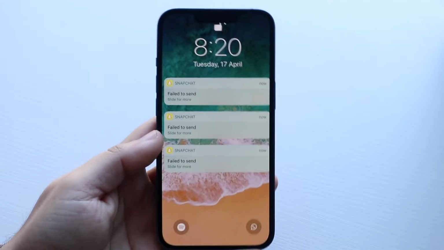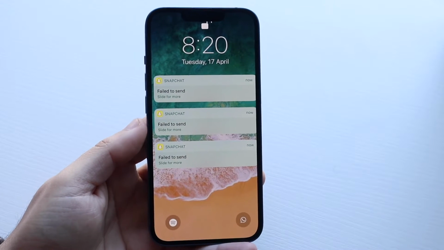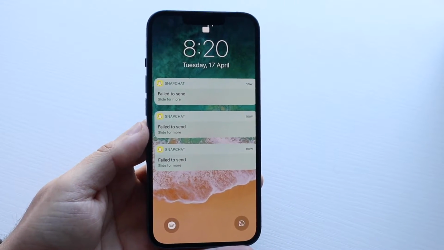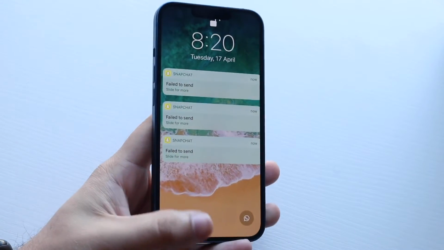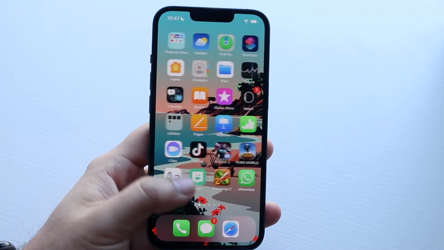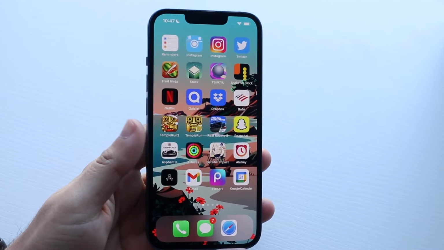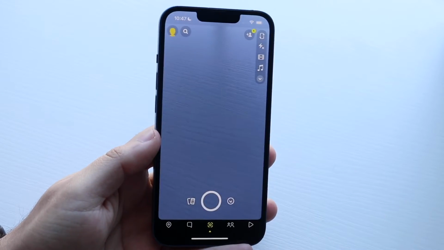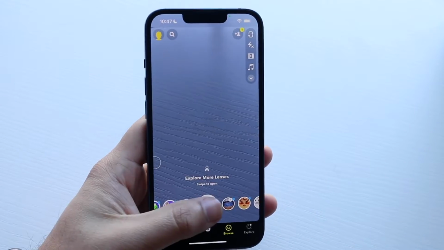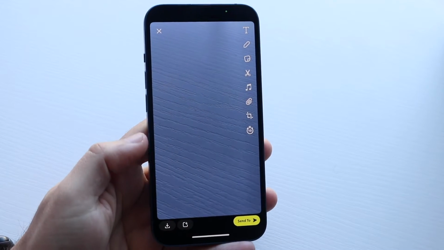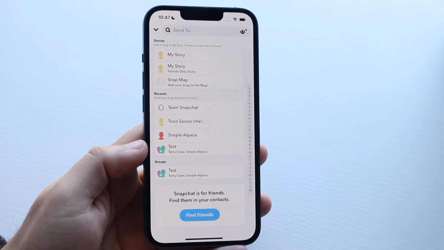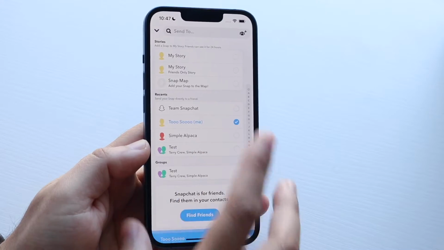I'm back, everyone. You may be getting these errors on Snapchat where for some reason you just keep seeing "fail to send." Now, this can happen for a couple of different reasons, but the main reason is typically if you're not having a good network connection on Snapchat. Now, it can be something else too, but if you took a Snapchat and you tried sending it to somebody and it still just keeps telling you that it failed to send, maybe to multiple people, well, in that case,